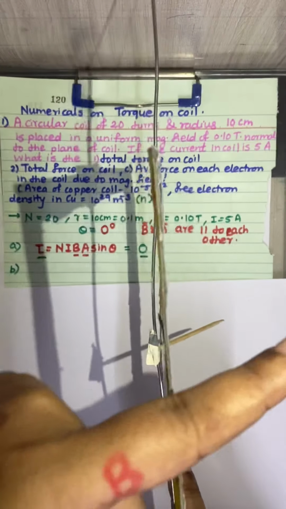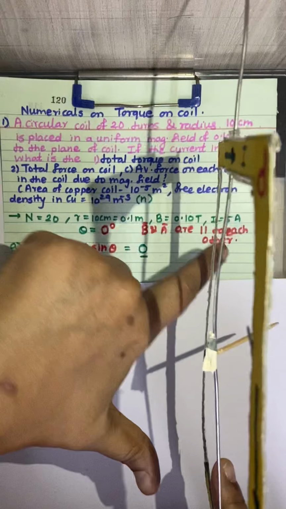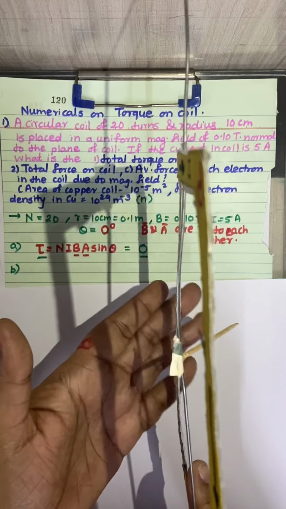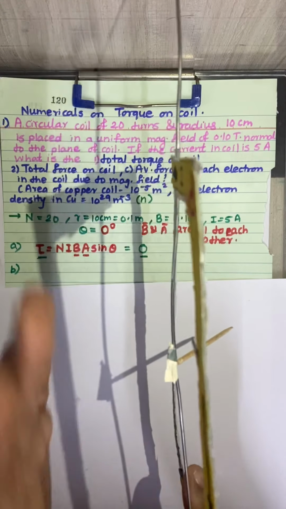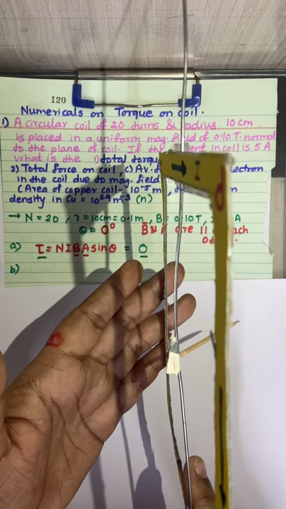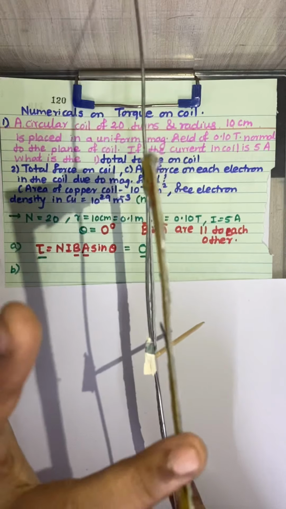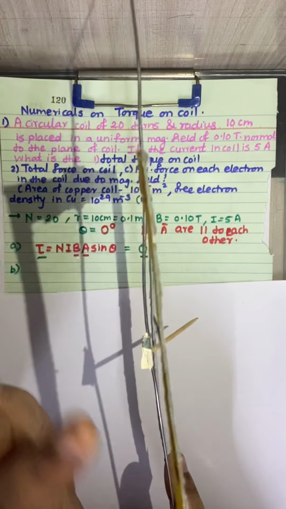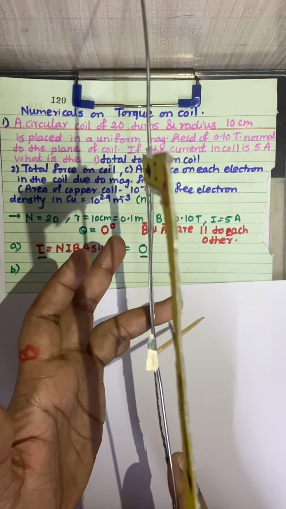So if this is in the upward direction and this force is in the downward direction, both the coils are passing the same amount of current, isn't it? And both the coils are having the same magnitude length, isn't it? And therefore this upward force and this downward force cancel out each other. So this force and this force cancel out each other.